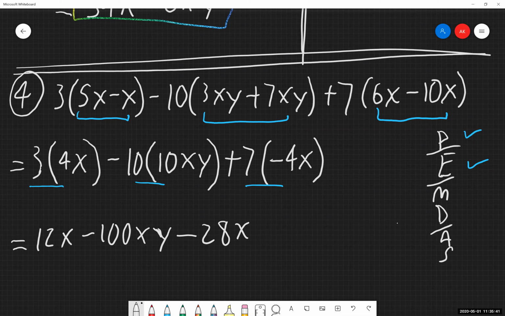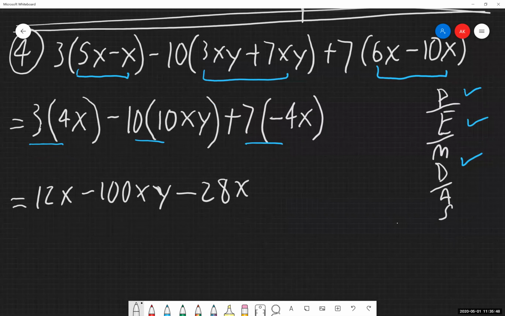That there. So multiplication, division, done. Addition, subtraction, what can I combine together here? Well, every single term has an x in it, which is great. However, our middle term has an xy attached to it. The other terms that we have are just with x's. So all I can do is combine my first term and my last term together. The xy is going to stay exactly as it is. I cannot do anything about that.